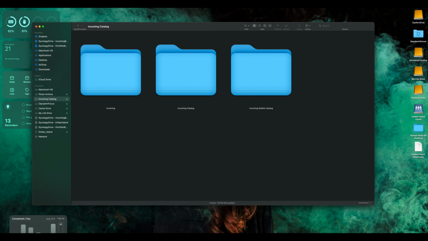I hope that this was helpful. I hope you pick some good fast external hard drives, maybe some solid state hard drives for speed, that are a good size so you can store and archive stuff. And this will help you on a lot of things. This will help you back up your files a lot easier because they're separated, so they're smaller. This will help you find photos a lot faster because